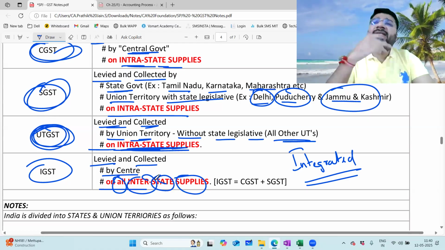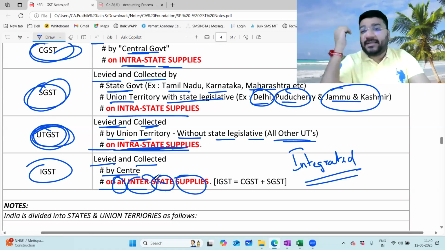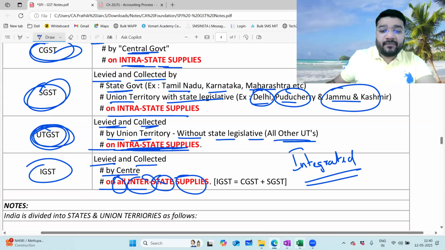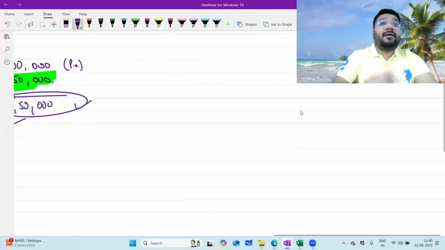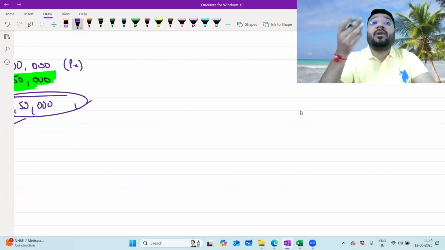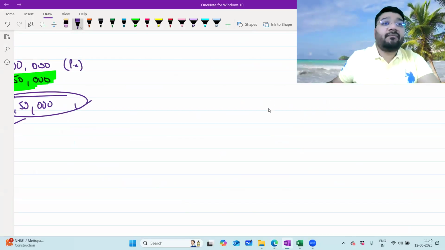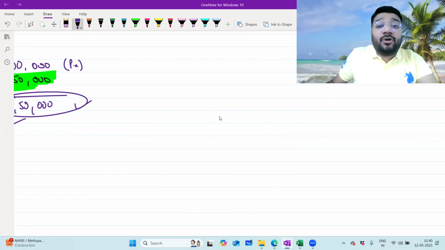You can tell me why IGST is coming into the picture. Why can't we still put CGST and SGST here? Why did they bring a separate GST, IGST, into the picture? If you are the government, tell me, what could have been the logical reason behind this? Yes, wonderful. She says that, sir, if I'm supplying the goods between Coimbatore and Chennai,